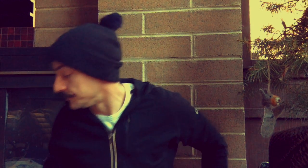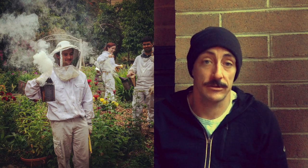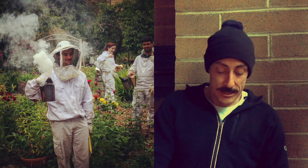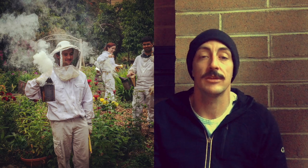Let's see what's going on from there. This book, I think that any person who wants to grow their own food should consider taking up beekeeping if you're not allergic to bees. Actually, I know a lot of beekeepers who are allergic to bees, and they do okay. Just get your EpiPen. But considering the problems that we're having with bees and pesticides in general, the more backyard beekeepers there are, the better off we're going to be. And a lot of people